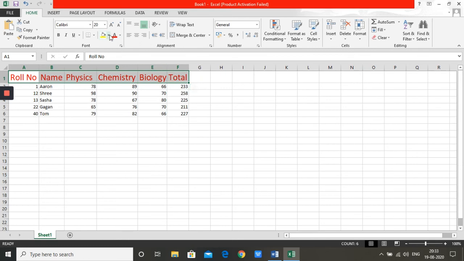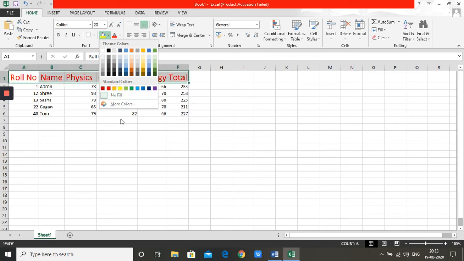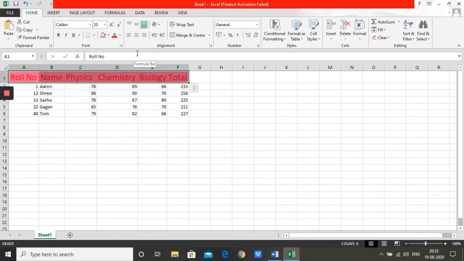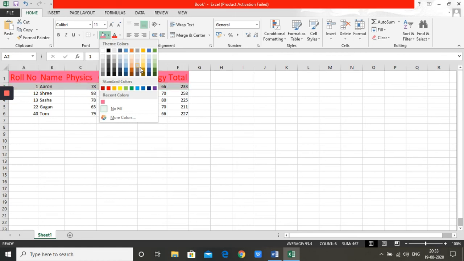Now for the first row, the fill color, we wanted it in pink, any shade of pink. So I changed it to pink. Then for the other rows, we said fill it with whatever color you want. Every row we wanted to be colored in a different way.